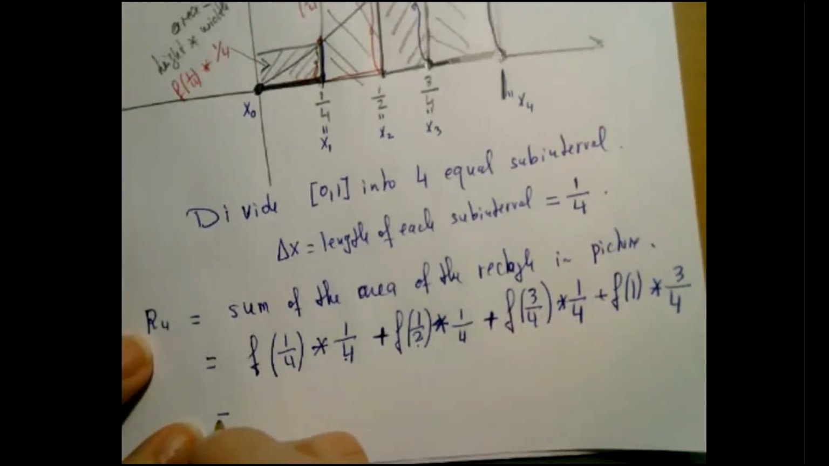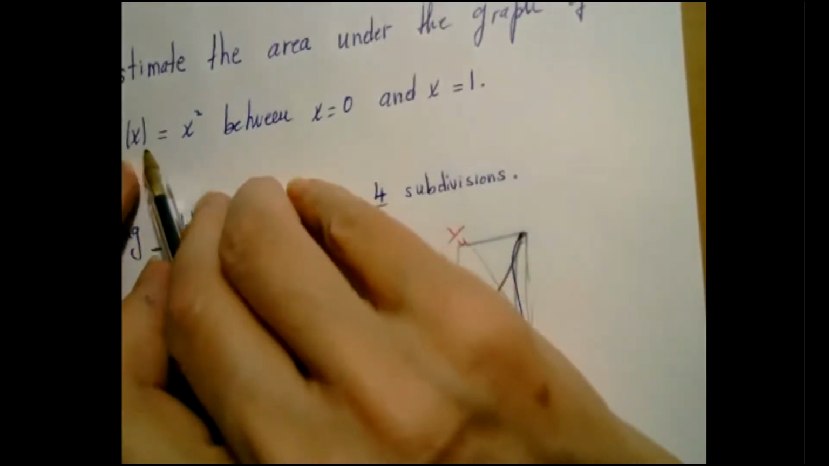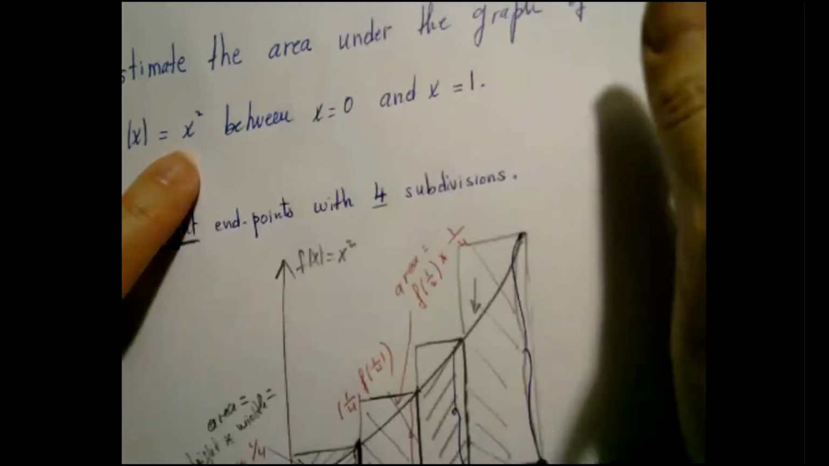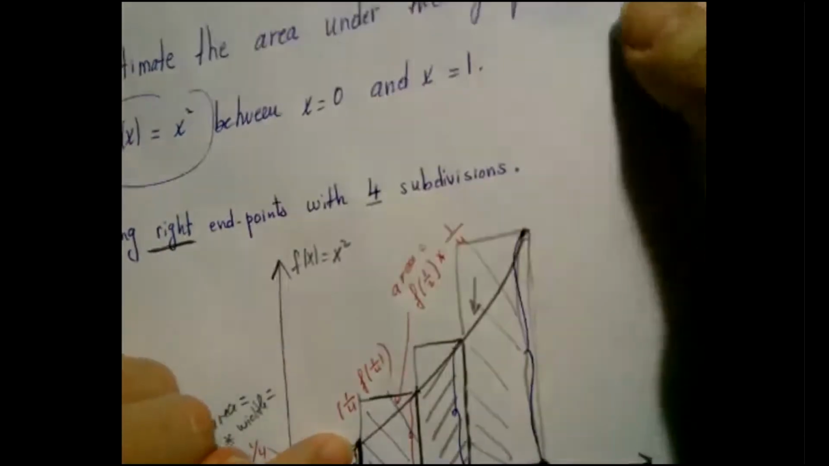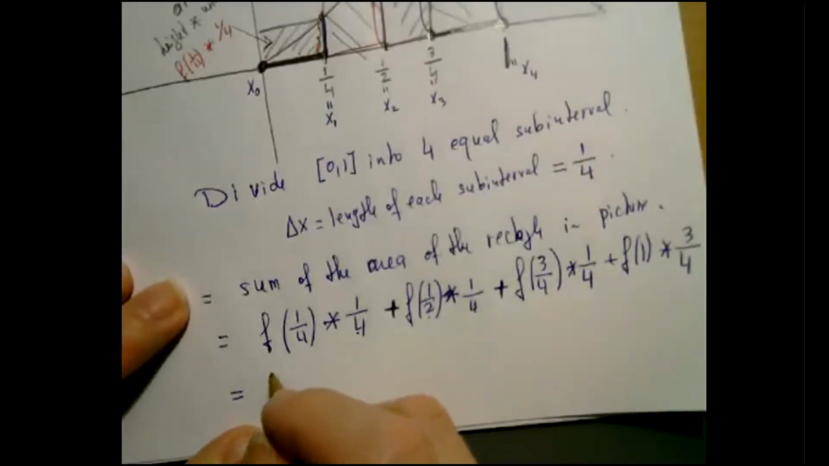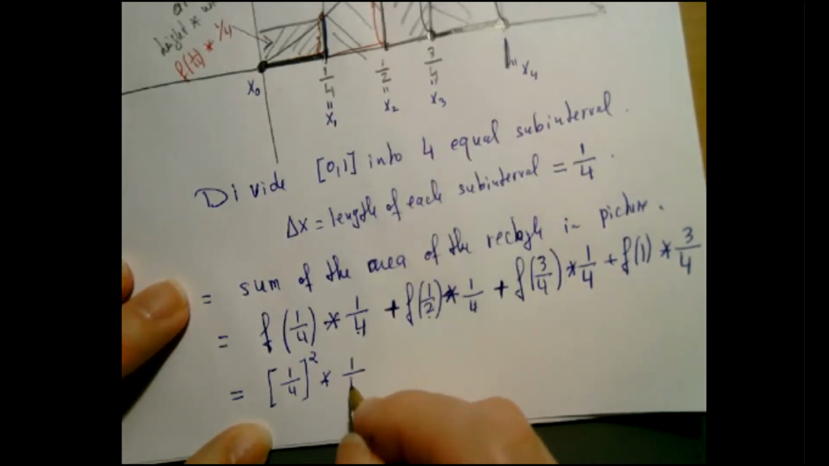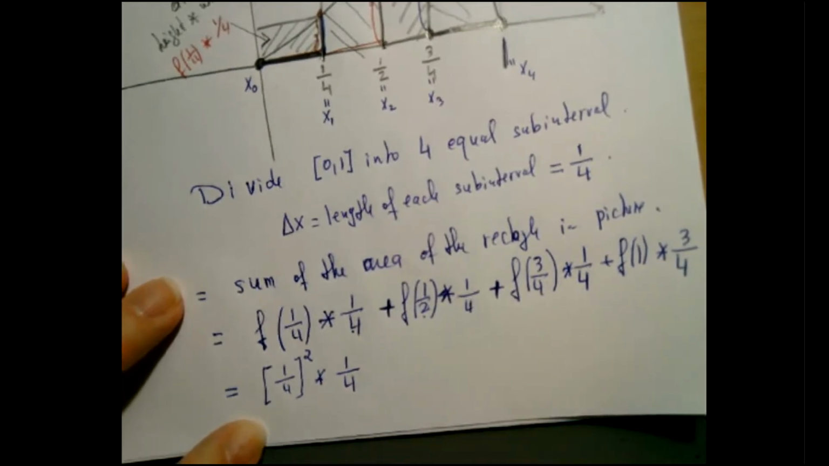What's the value of the function at 1/4? Let's go back. What is my function? My function f of x is x squared. So the value of the function at x4, I know what it is because I know the output here. So f at 1/4 is going to be 1/4 squared times 1/4 plus